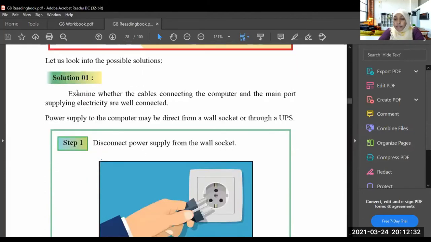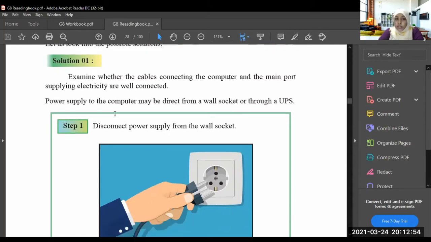Let us look into the possible solutions. Solution number 1: examine whether the cables connecting the computer and the main port supplying electricity are well connected. You should check whether all the cables are connected correctly. Power supply to the computer may be direct from a wall socket or through a UPS.